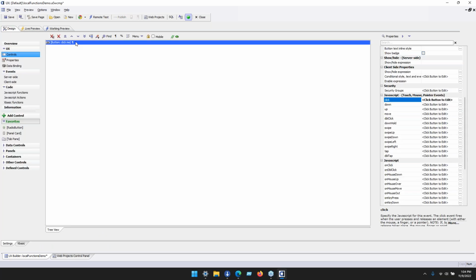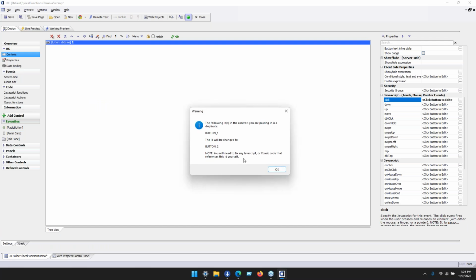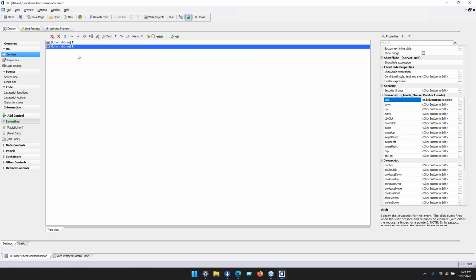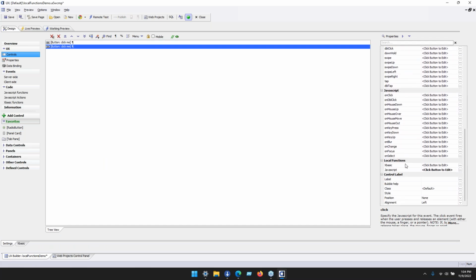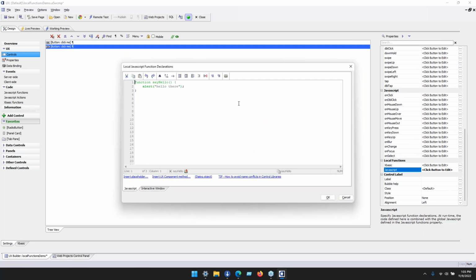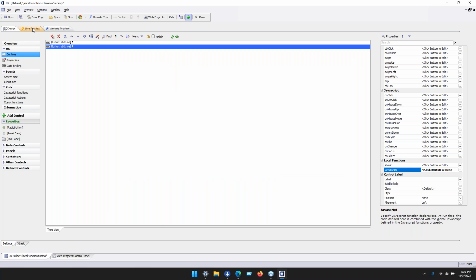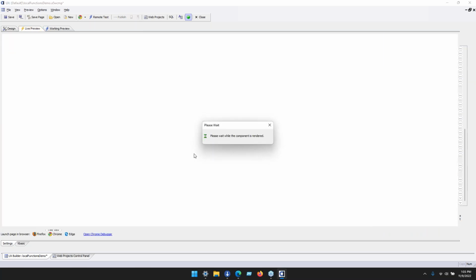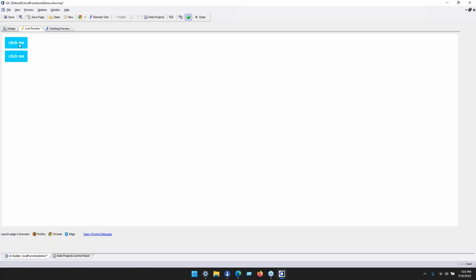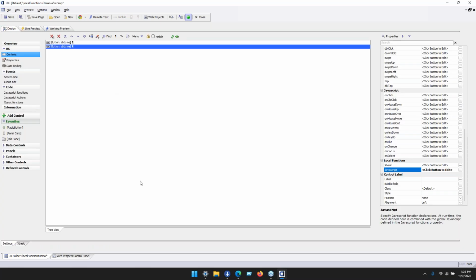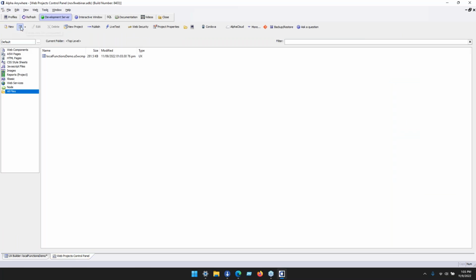If we duplicate this control, if we come down here and we look at JavaScript for the local functions for the new one, there's our JavaScript there. This demo is a bit of a, they're both going to do the same thing. But this isn't necessarily the best demo because what we can do now is